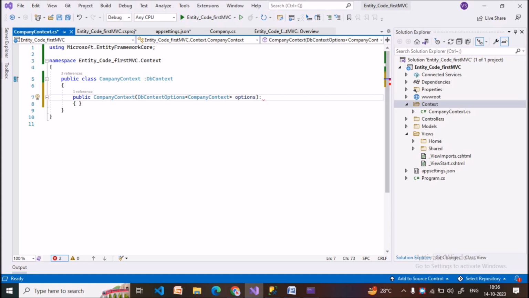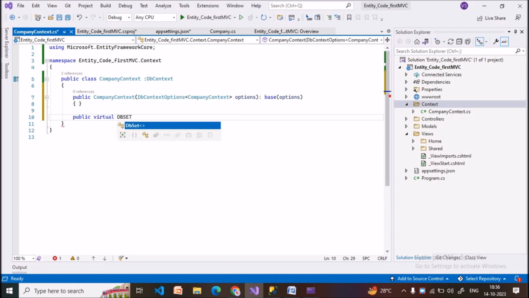After that we have to add here base, like that options, correct. Then we will define like that. So this is a part of the context things, correct. So next thing is that we have to define public, public virtual DbSet